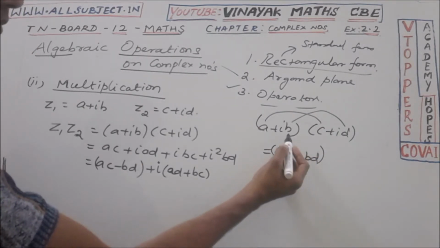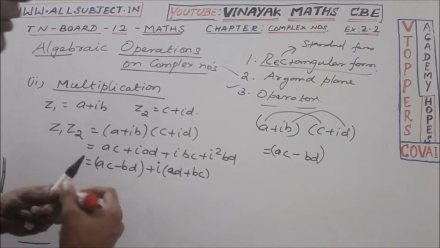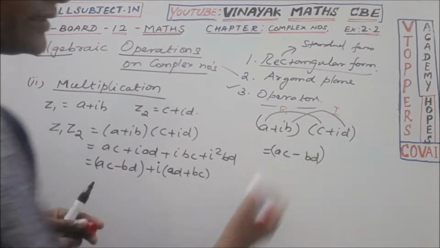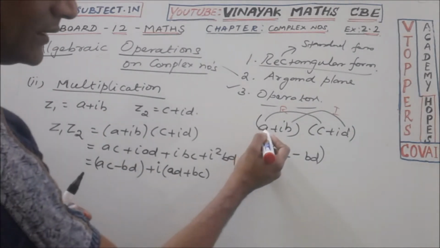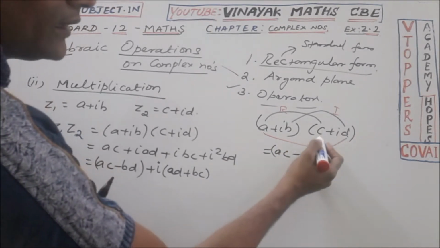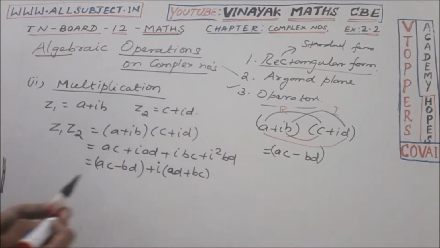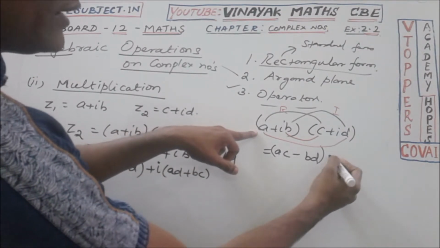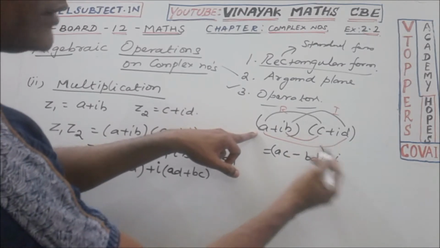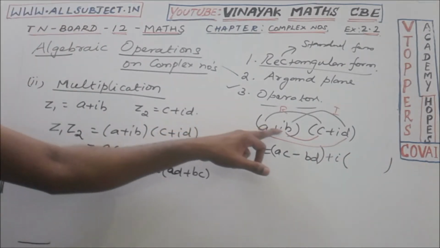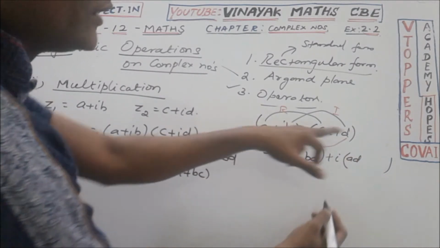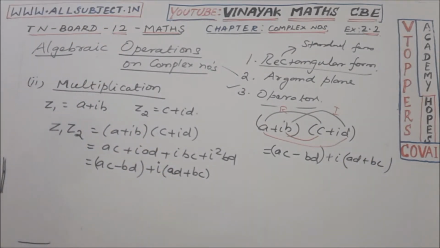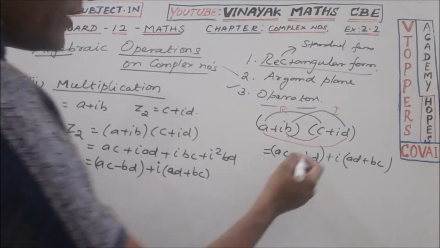And then the remaining terms. First we multiplied real to real, and then imaginary to imaginary. Now here this real to that imaginary, and then this imaginary to the next real is multiplied. In both cases we have I. Listen here. When A to ID we have I, and when IB to C also we have I. Totally I is taken out. So AD, A into D, and B into C, BC, plus BC. So when we multiply, it is very easy to use this typical method.